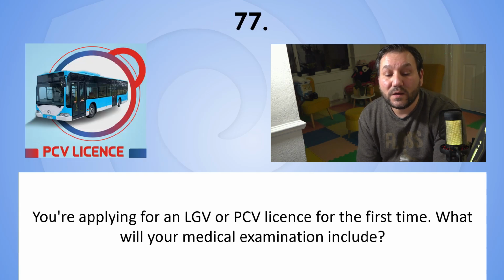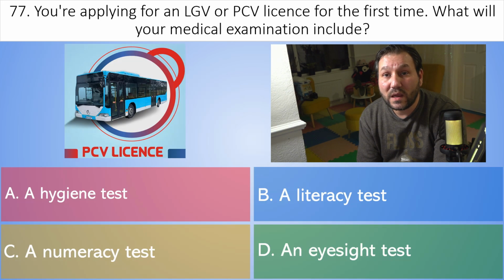77. You are applying for an LGV or PCV license for the first time. What will your medical examination include? A. A hygiene test. B. A literacy test. C. A numeracy test. Or D. An eyesight test. And the correct answer is